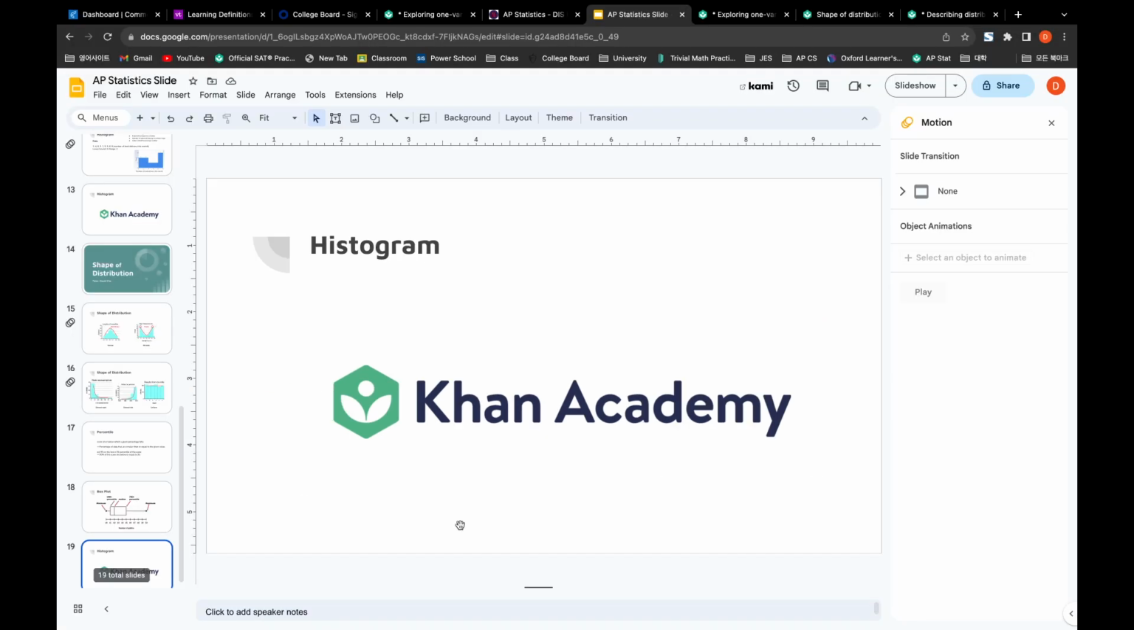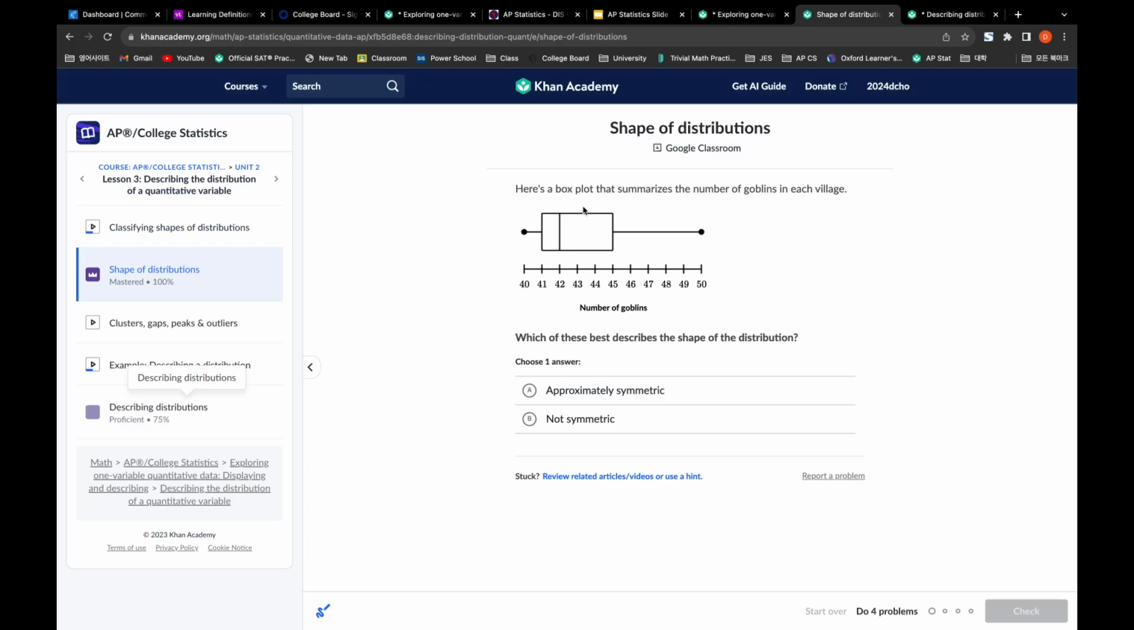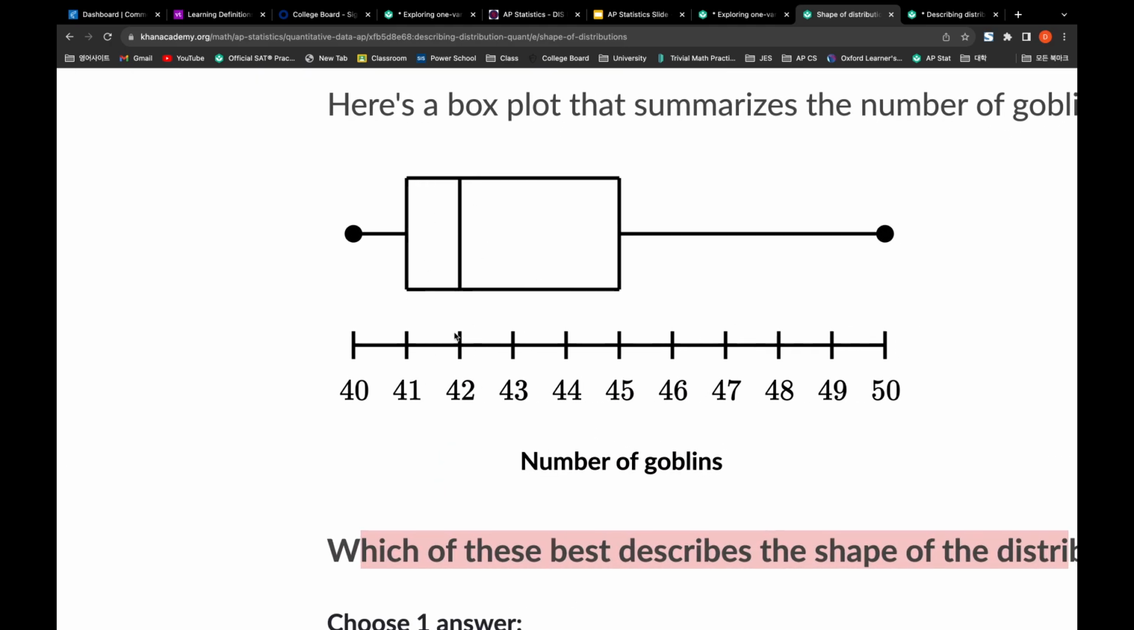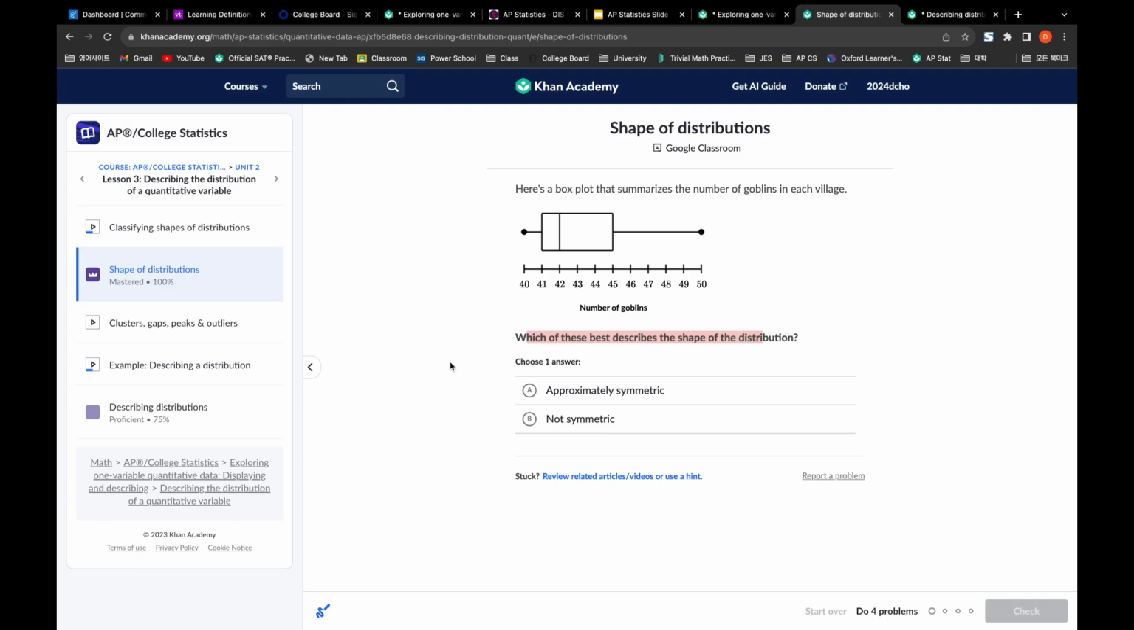Now let's try out some Khan Academy problems. So here's the box plot that summarizes the number of goblins in each village. Which of these best describes the shape of the distribution? So here you can see that the median is closer to the 25th percentile rather than the 75th percentile and maximum. So we can interpret that